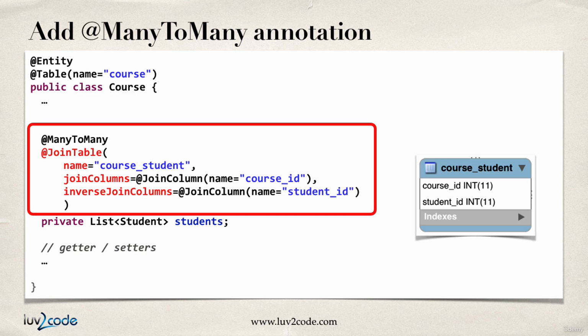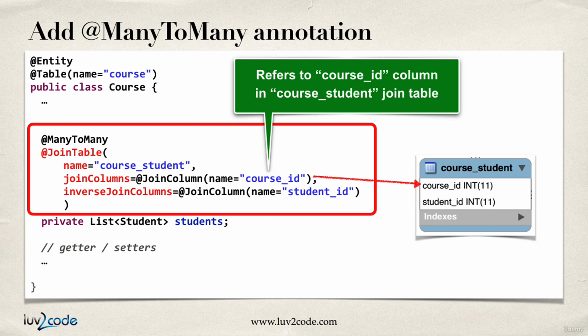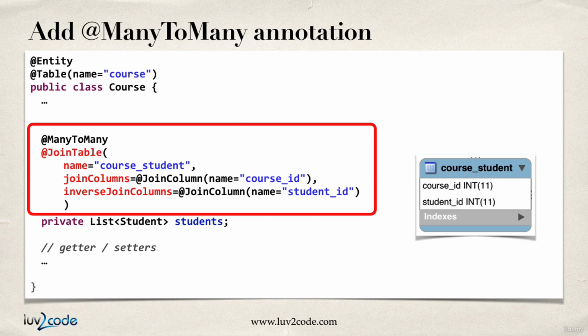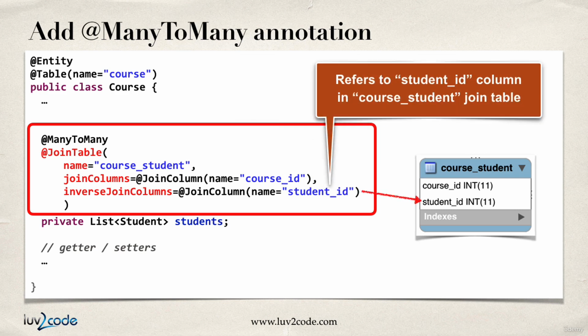So the join table basically tells Hibernate which join table you'll use, so name equals course_student. And then we'll also specify the join columns. So here I have joinColumn, name equals course_id. So this basically tells Hibernate, hey, refer to the course_id column in the course_student join table. And then we'll do a similar thing here for student. So for the inverse column, we'll say joinColumn, name equals student_id. So again, look into this join table and look for the column student_id to find the appropriate students